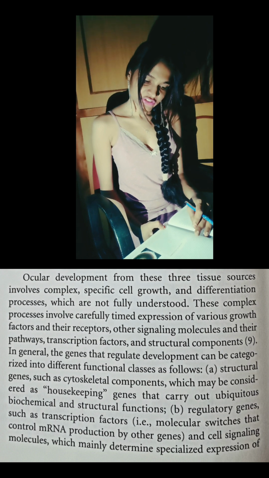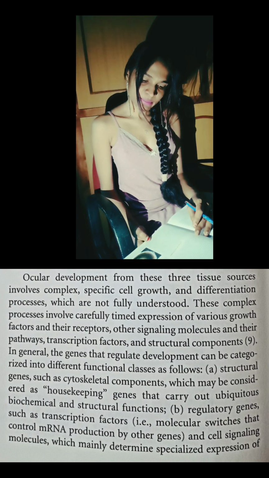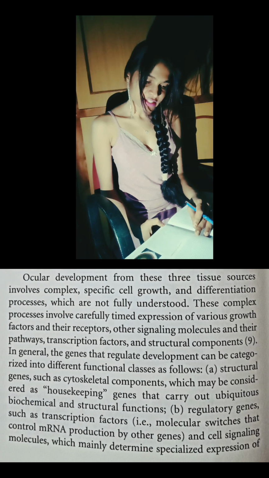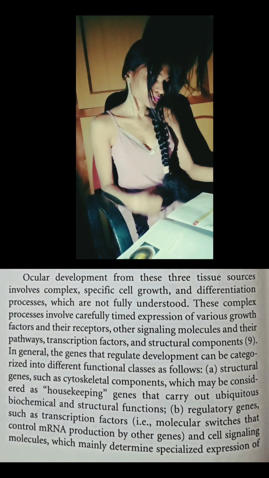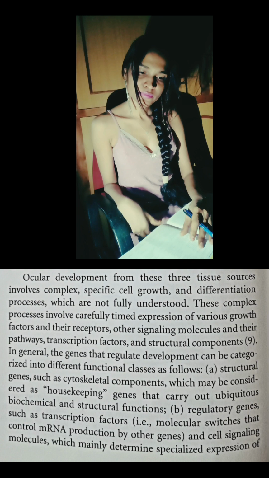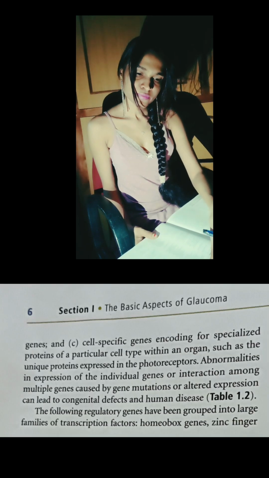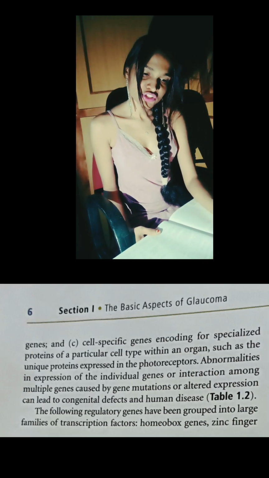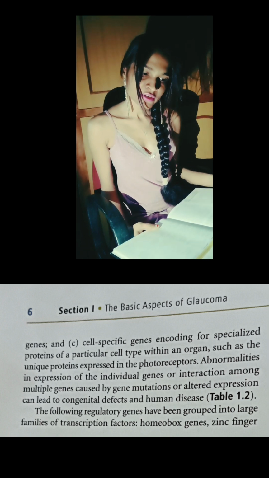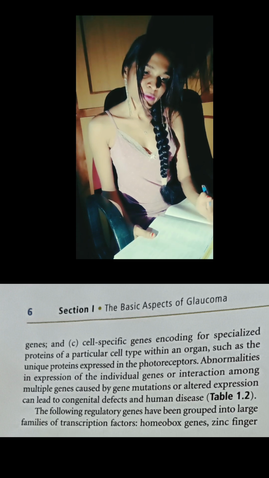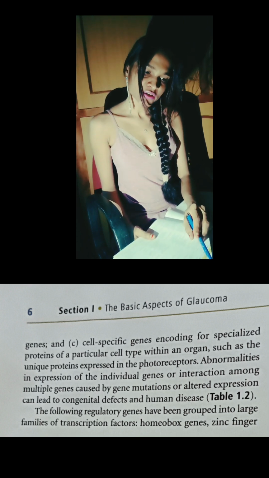B. Regulatory genes, such as transcription factors, that is, molecular switches that control mRNA production by other genes, and cell signaling molecules, which mainly determine specialized expression of genes. And C. Cell-specific genes encoding specialized proteins of a particular cell type within an organ, such as